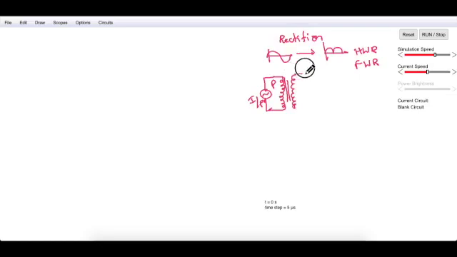To the secondary terminal, first we need to connect a diode. The P side is connected to the first terminal of the secondary, and the N side needs to be connected to a load resistance through which we will take the output voltage. Let me say this is the load resistance, and across the load resistance we will take the output voltage. So this is the construction, the circuit diagram of half wave rectifier.